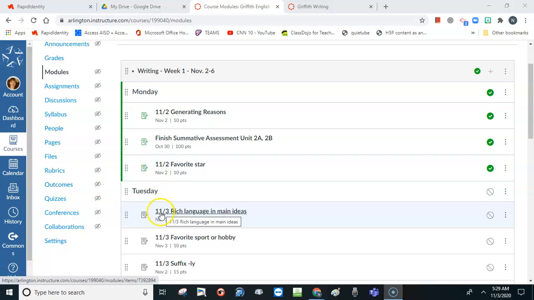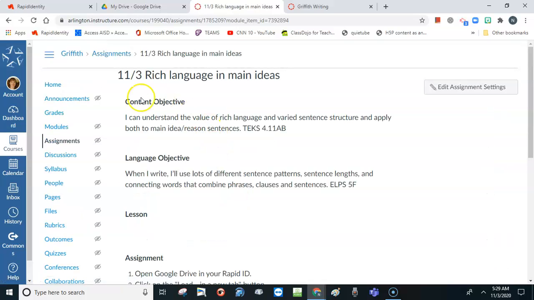This is the lesson for Tuesday, November 3rd, Rich Language in Main Ideas. Our content objective today is I can understand the value of rich language and varied sentence structure and apply both to main idea reasons, TEKS 4.11 AB. The language objective. When I write, I'll use lots of different sentence patterns, sentence lengths, and connecting words that combine